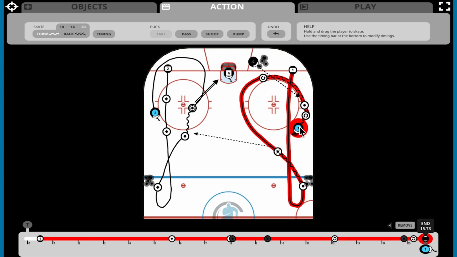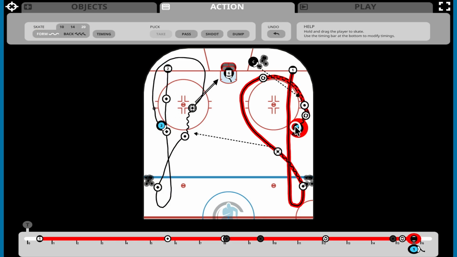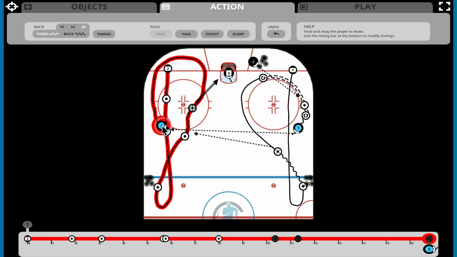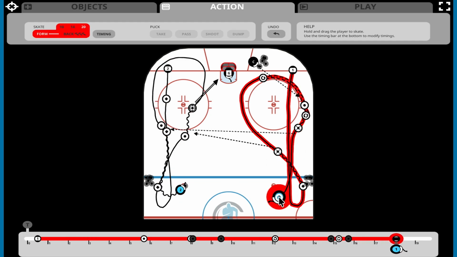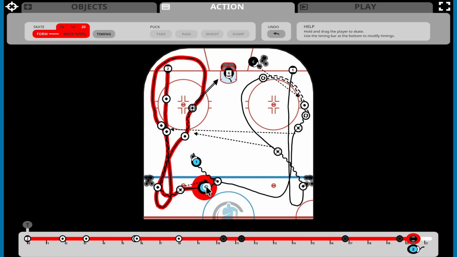Select player 1. Notice that only part of the gray timing marker is visible because player 2 is directly on top of it. Continue moving player 2 until the gray timing marker sits slightly behind. This puts the receiving player in the ideal position to skate onto the pass. Complete the pass, then have player 2 skate over the blue line, turn, and stop with the puck. Now continue player 1 out of the zone, turn back toward the blue line, and complete the final skating route. Then have player 2 continue into the zone behind player 1.